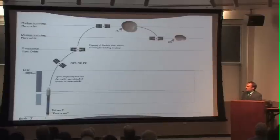So we have our Falcon 9 rocket here, and what we plan on doing is an electric propulsion system. The Falcon 9 will send it into an Earth orbit, and we'll use a spiral trajectory using electric propulsion to get our precursor mission there. Once it reaches the transitional Mars orbit, we can begin mapping Phobos and Deimos by going into a closer Phobos orbit. Now, we have what we call the Phobos Explorer and the Deimos Explorer on our main precursor